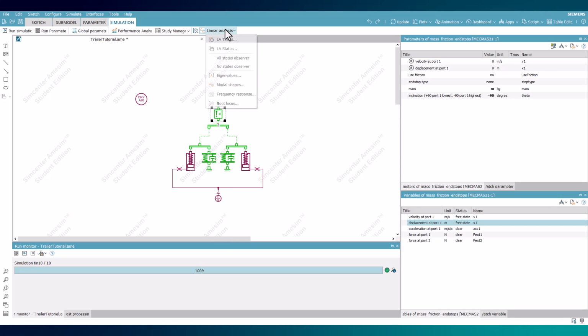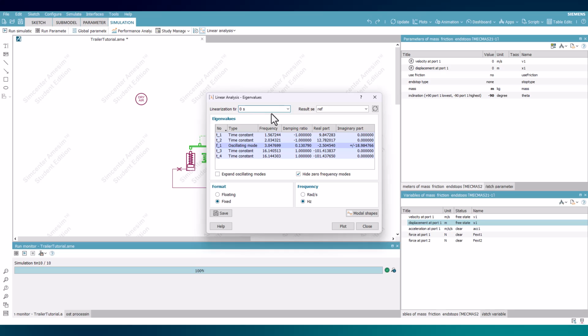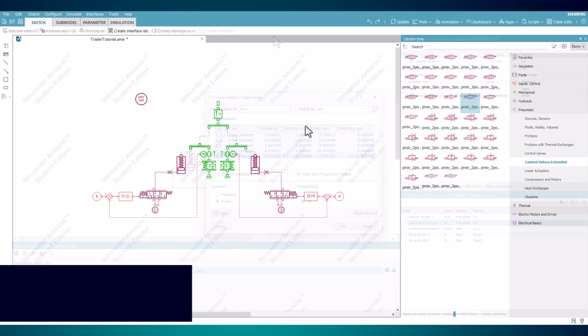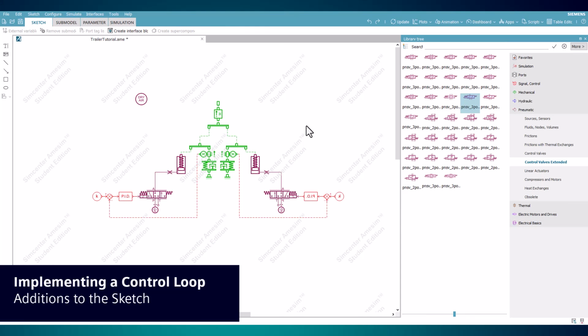Opening the eigenvalues window and changing the time to 10 seconds, the system has a new natural frequency and damping ratio when relying on the pistons. This can be attributed to a new stiffness within the pistons that varies from what is present within the suspension. Now that pistons have been confirmed to support the system, a control loop can be implemented rather than using a simple pressure source.